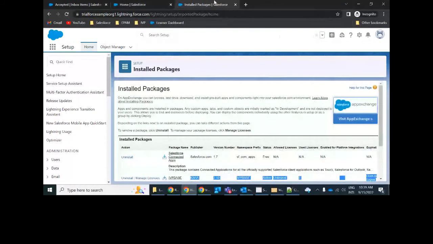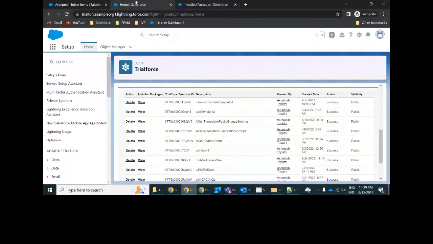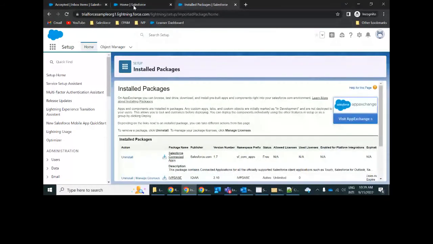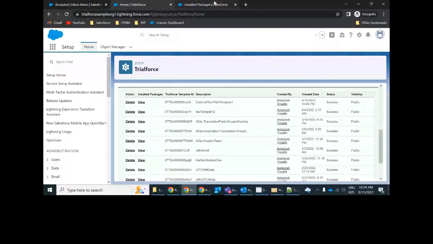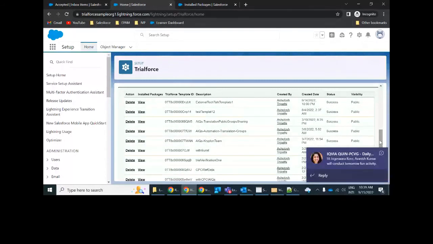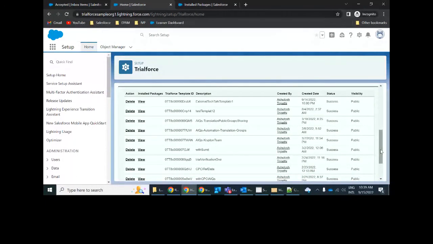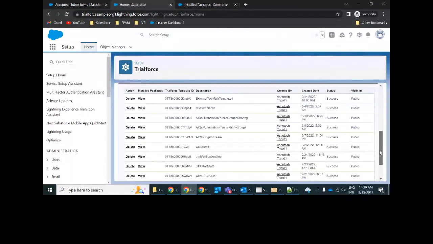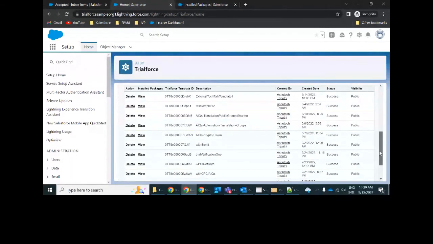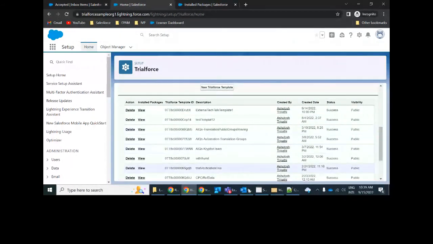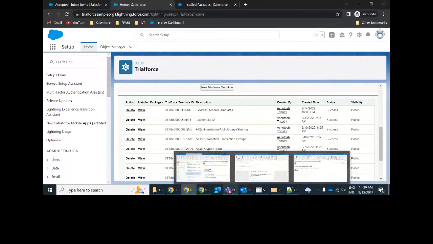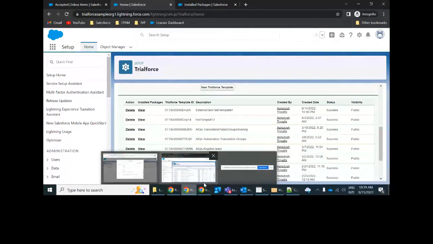Okay, so this is pretty much about how it looks on the environment hub, how it looks on the Trailforce source org, what a Trailforce template is, how this private thing works, and how these can be run for multiple versions of the packages. So this is, I think, pretty much from my side for today's session. If we have any questions, Avnish, we can take them now.